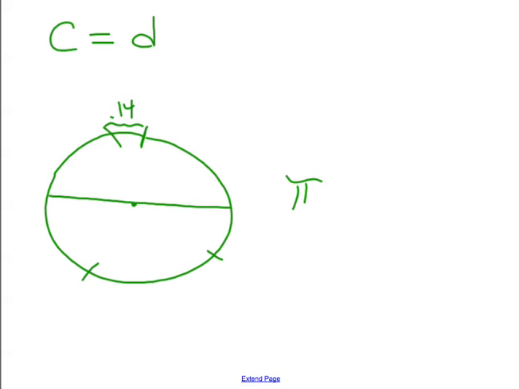It's going to be the diameter length, and that length falls on a circle how many times? Three times, 4 times, 3.1, 3.14 times. So whatever the length of the diameter is, you take that times that pi amount, 3.14, and that gives you